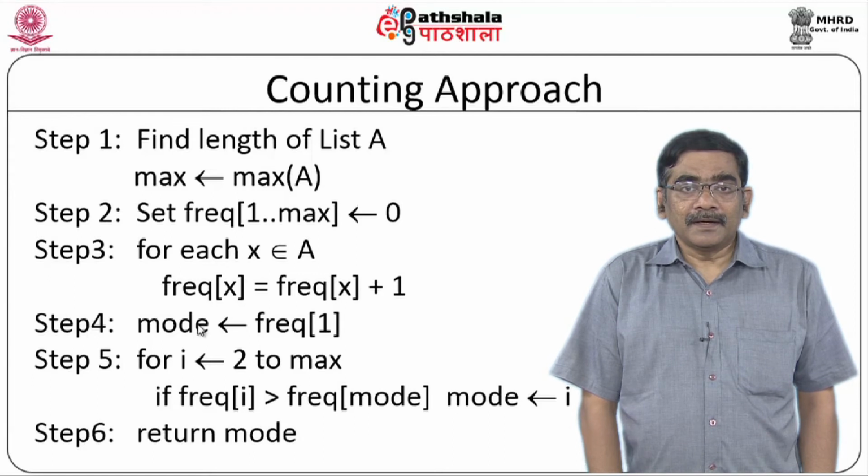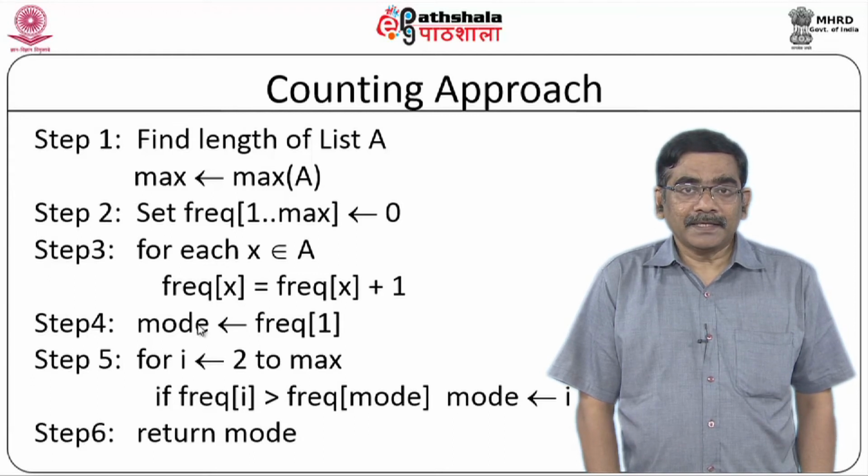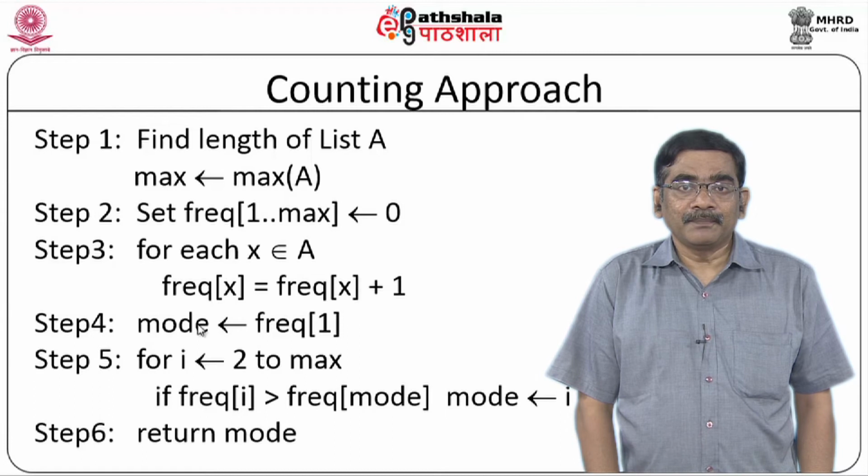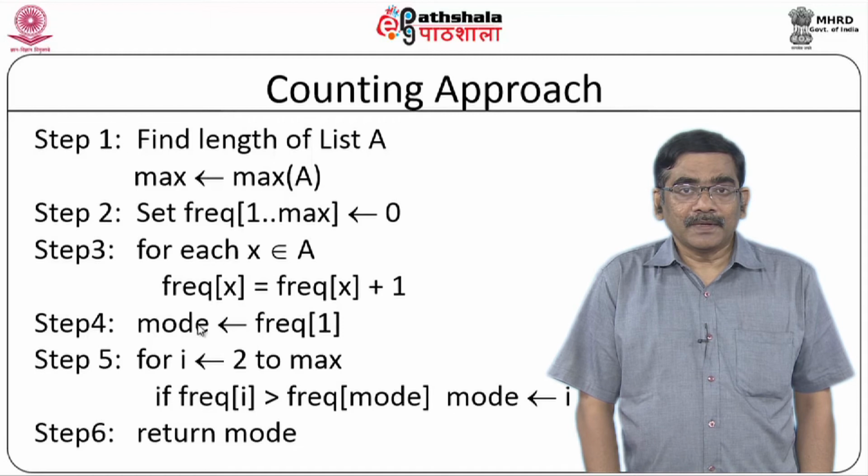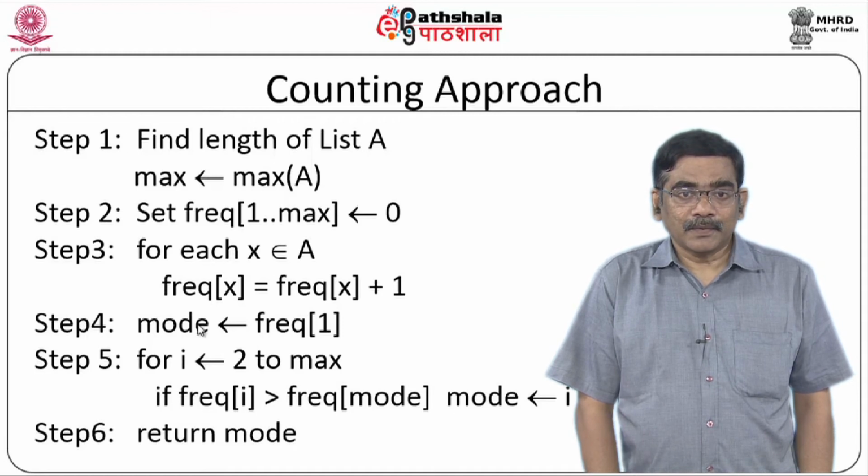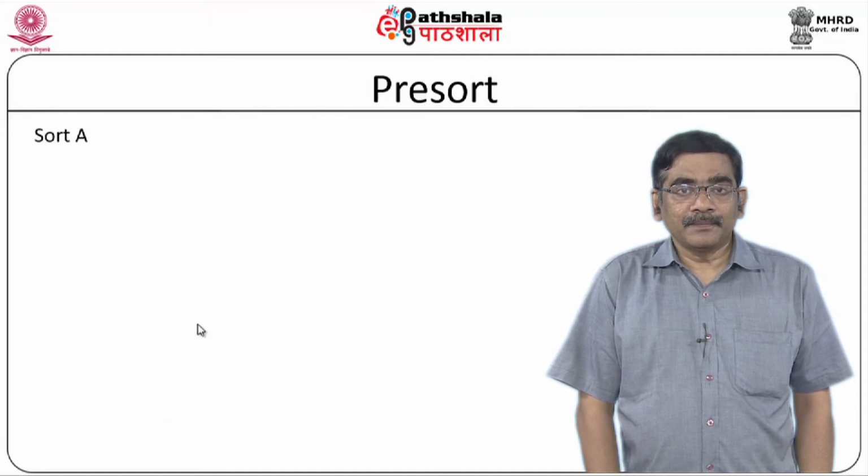As with the earlier problem, the computational gain is not going to be very much, but the advantage is we do not have to search for the number in the entire list, but instead we have to search only in the adjacent positions. So, this is the algorithm for mode finding.